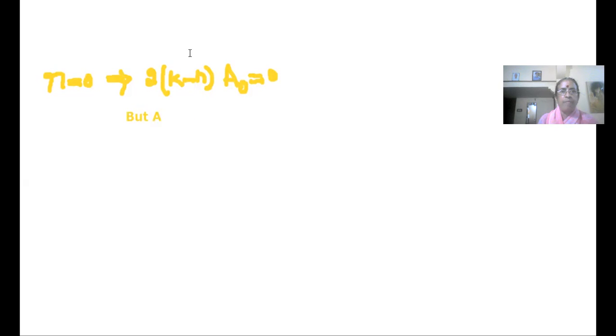But a naught is not equal to 0. So therefore, k becomes equal to n in this case. That is the first answer: k equal to n. In the second case,